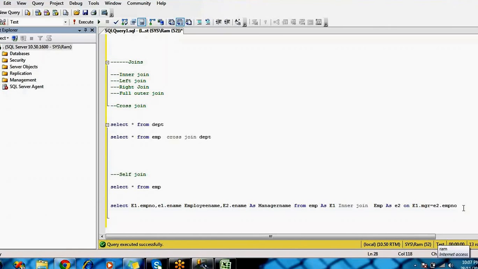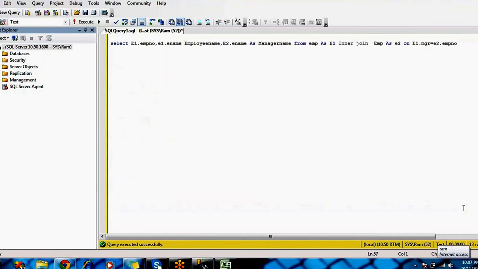Okay, so this is about the joins topic. These are the most important things. Majorly, in joins we use inner join and left join. These are the main joins we use regularly in real time scenarios.